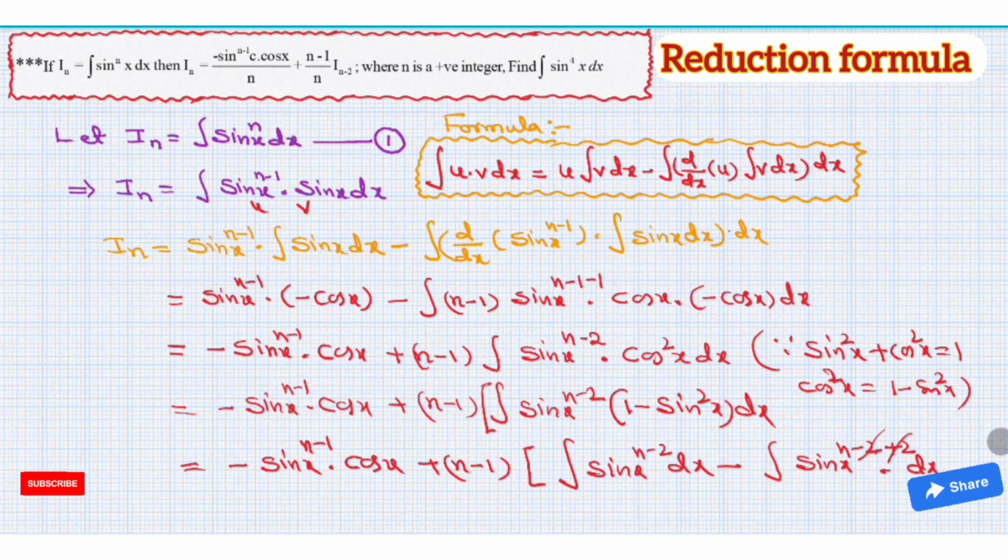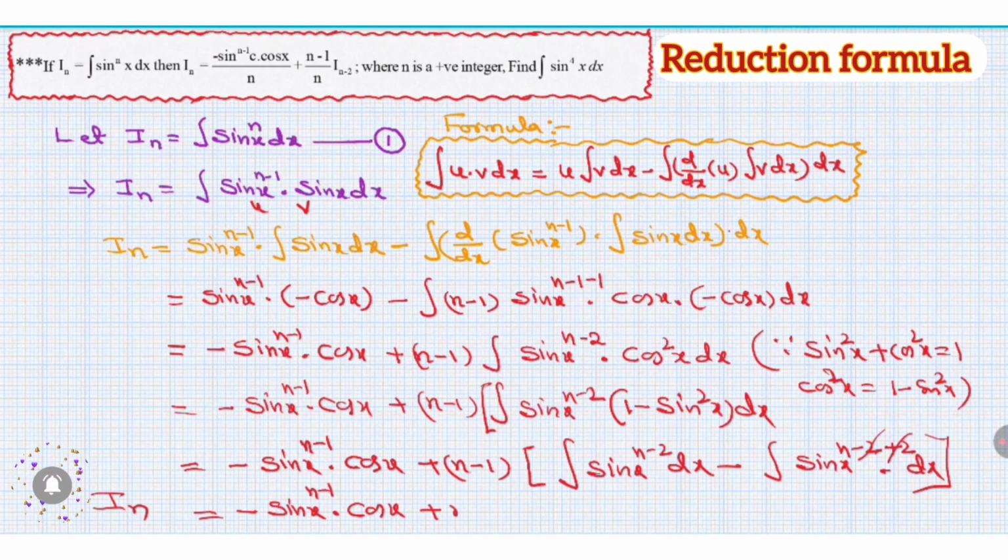Here minus 2 plus 2 cancel, is equal to minus sin x power n minus 1 into cos x plus n minus 1 into, from equation number 1, is equal to I n minus 2 minus I n